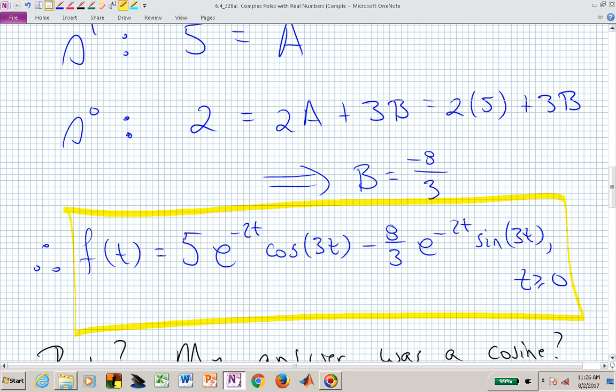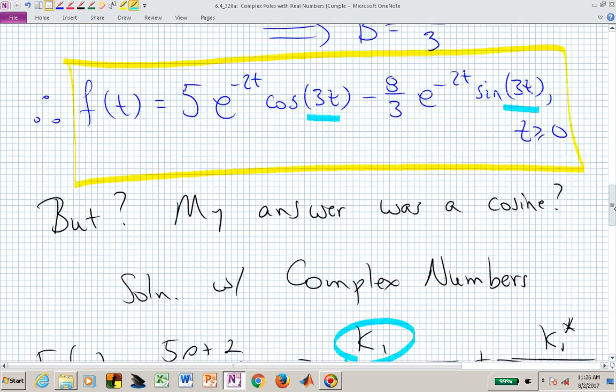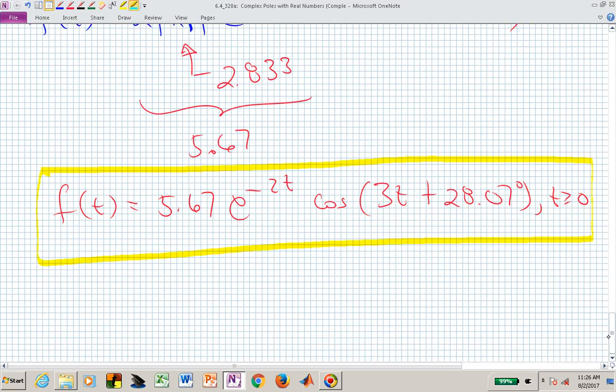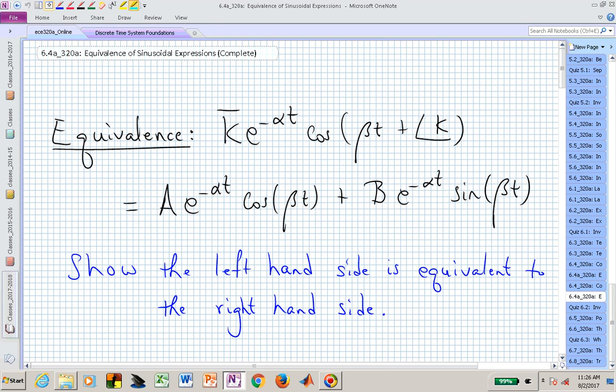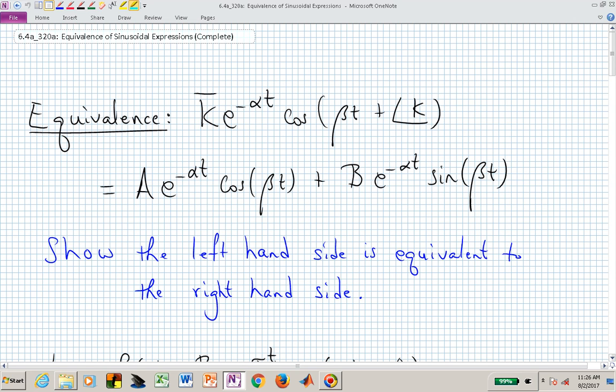They are equivalent. One of the key things to keep in mind is that the frequency on the sine and the cosine are the same. And that's the same as this damped frequency in the single cosine expression with a phase shift. So let's now look at how we can determine or verify that this single cosine with a phase shift, and now we're saying that